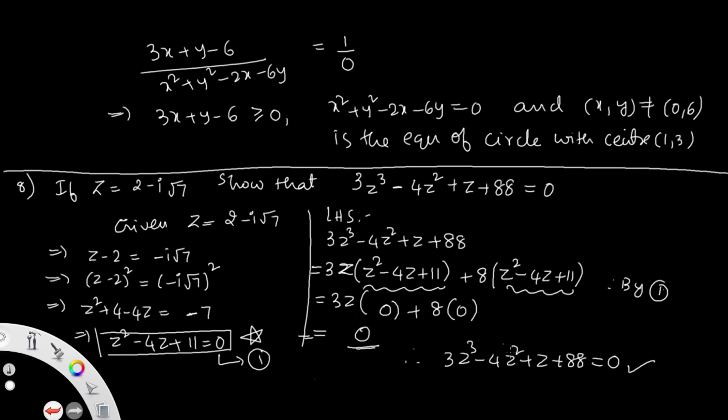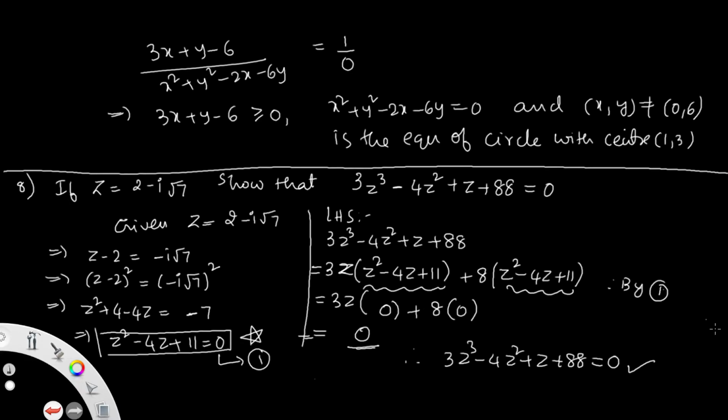First the method I told you. In general, the common thing is z equal to 2 minus i root 7. Substitute where z square is there, squaring using a minus b whole square. Simplify, then again z cube, simplified with 2 minus i root 7, then you get z cube. That value is multiplied by 3, and z cube minus 4 into z square, plus z, where z is 2 minus i root 7, plus 88. The total term on simplification lastly becomes 0, then it is also okay.